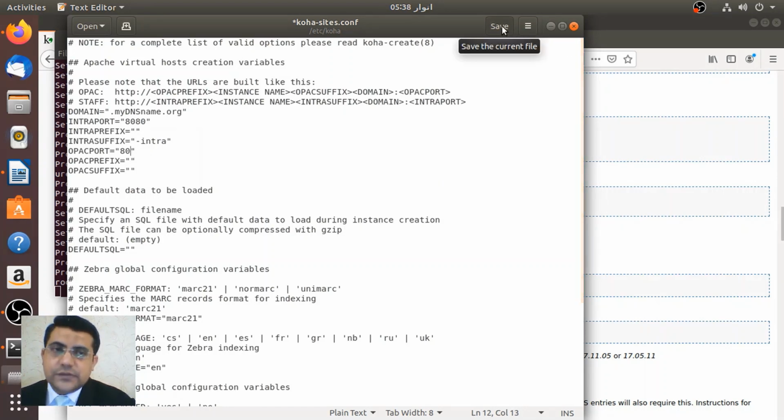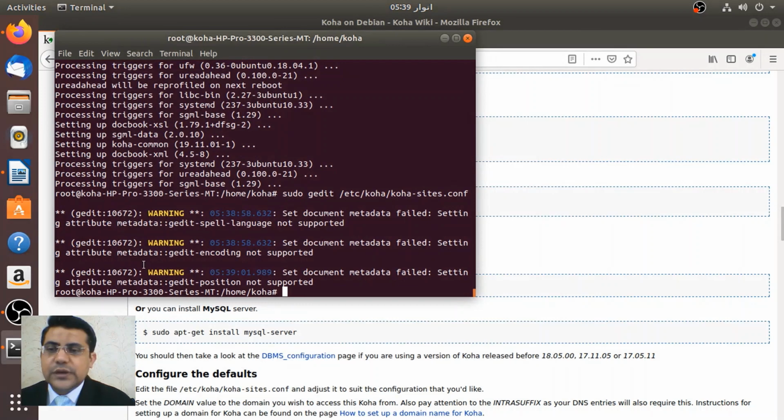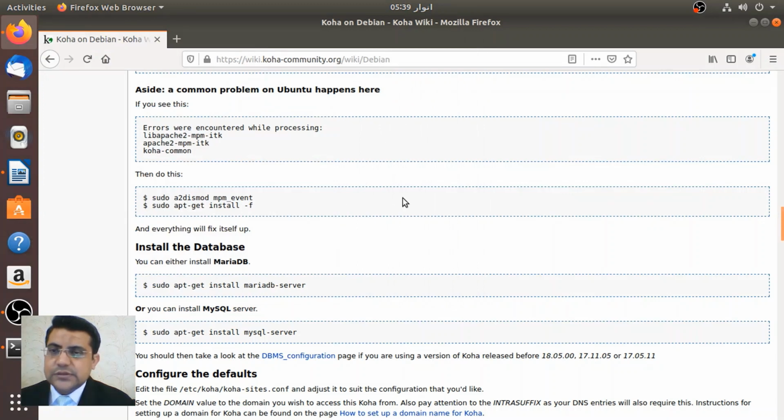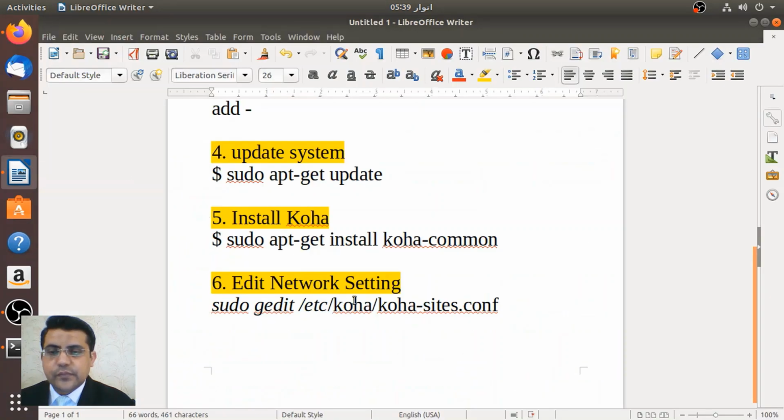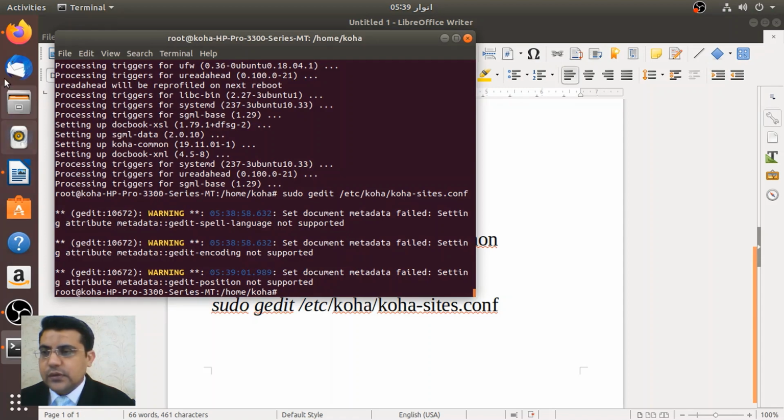And you need to save this file, and now exit this file. And don't worry about this warning. We are using the default editor of Ubuntu. If you use some lightweight editor like Leafpad or Mousepad, this warning will not come. So we are using a heavier editor, but I would recommend using this editor. It's good actually. So we have added the network setting, and after that what we need to do,